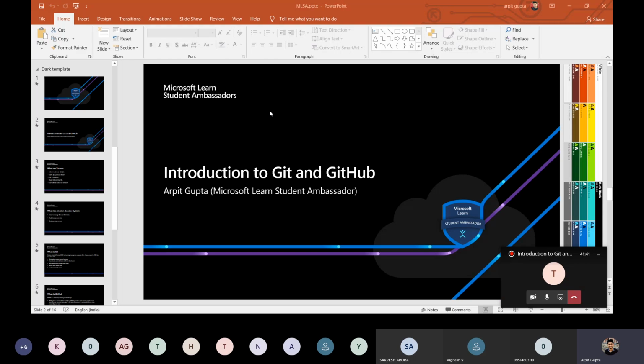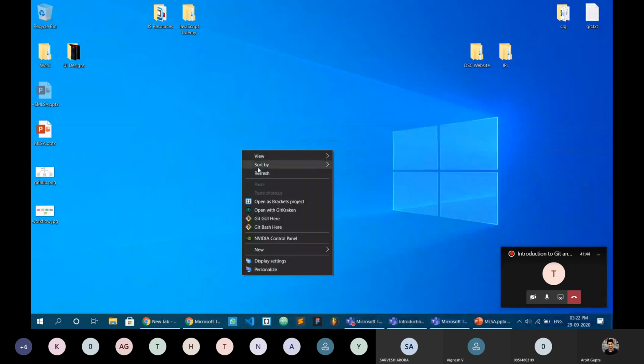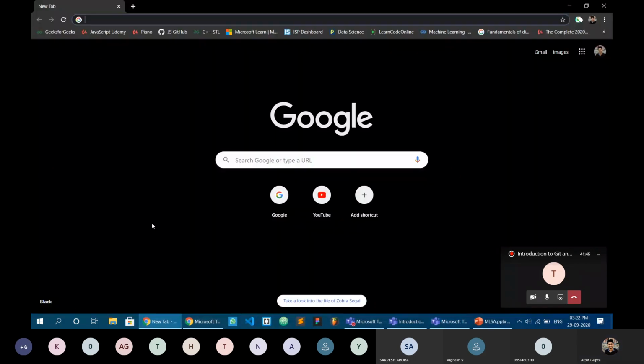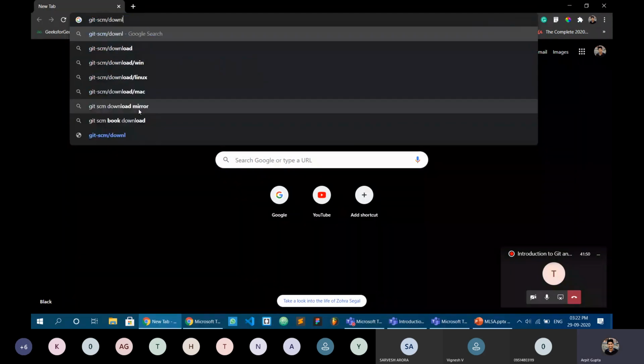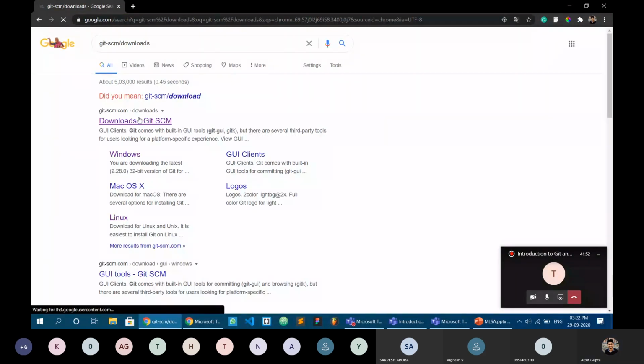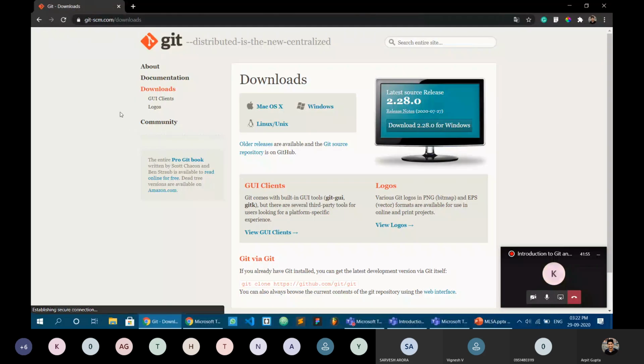So let me show you. This is the link. Here you can hit macOS, Windows, or Linux as per your operating system, and you can simply install Git.